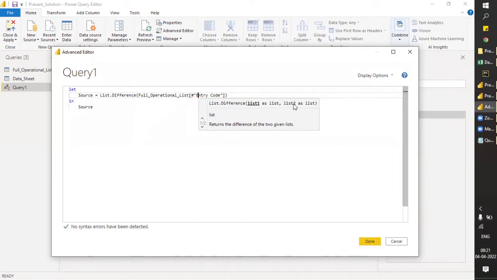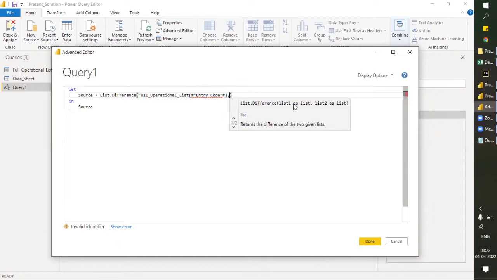Let's go in this way, not use the hash. It's giving me an error. So to solve that, one way is to just rename it without any space. I think it will be hash, quotes on both ends, and then